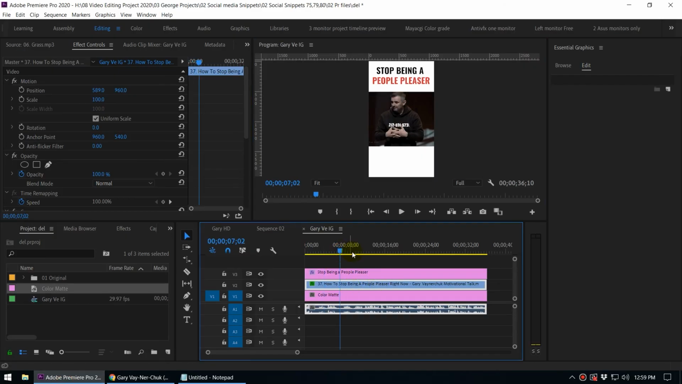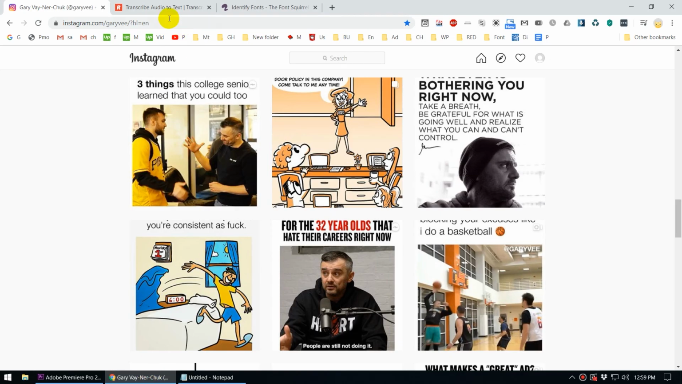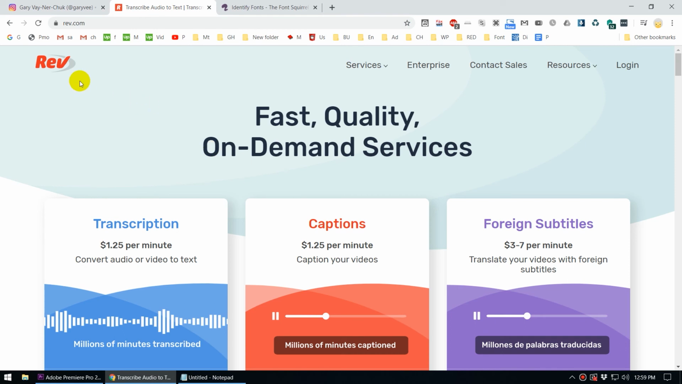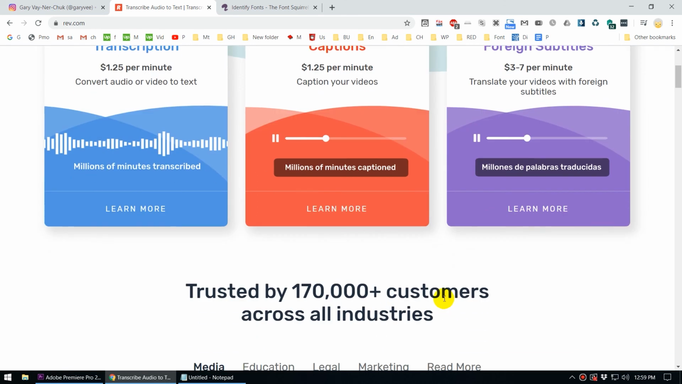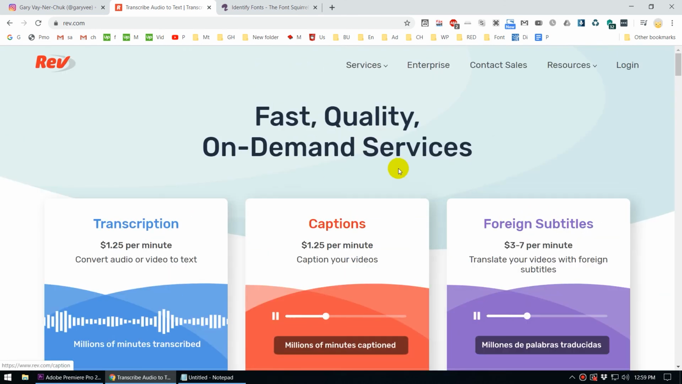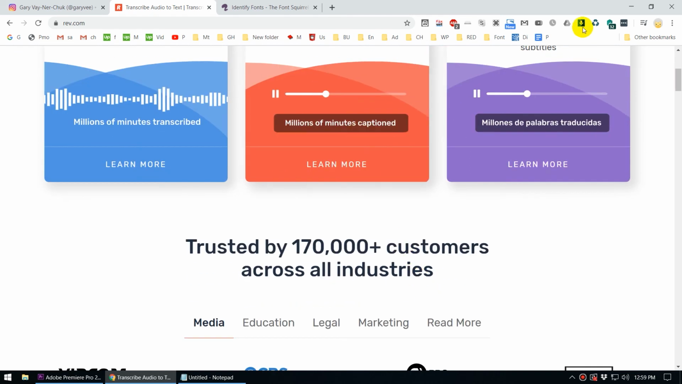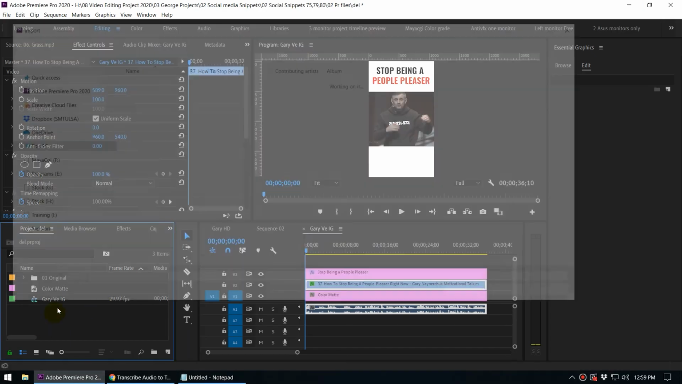So the next option is we have to add the captions. There is an easy method to add captions. In order to do that, you can export this audio file as an MP3 file, and then you can upload that MP3 file to this rev.com. Of course, this is a paid platform. You have to pay $1 per 1 minute. So sorry, they have increased the price. It's $1.25. So you can upload the MP3 file, and then you can download an SRT file, and then you can import that SRT file